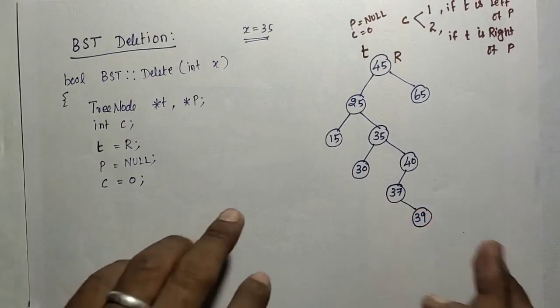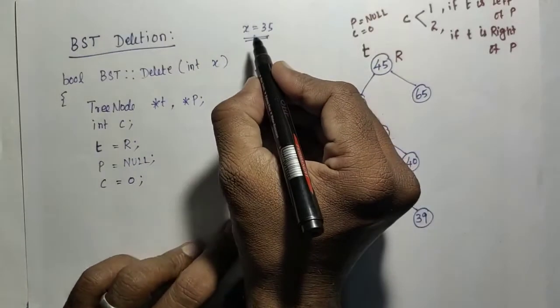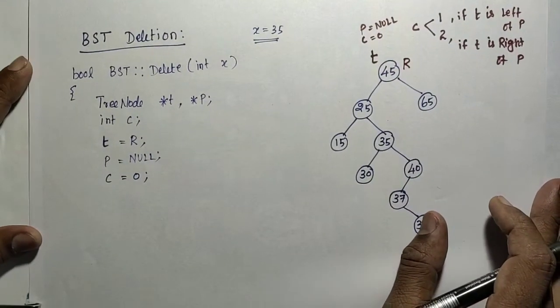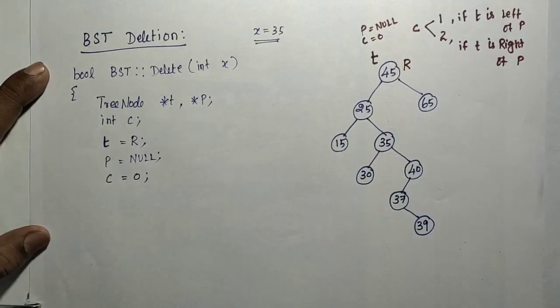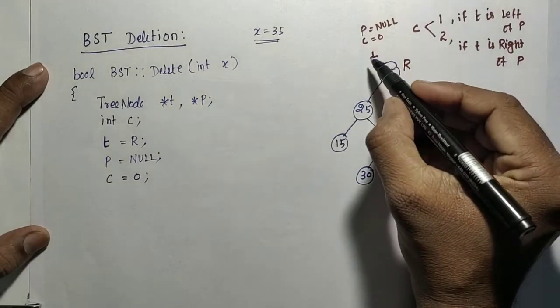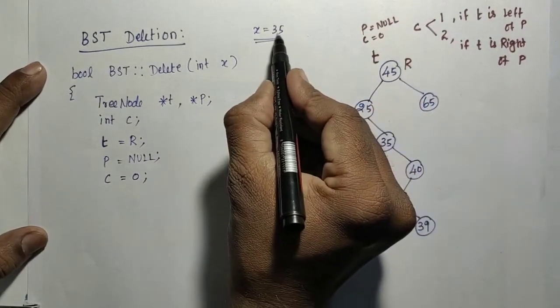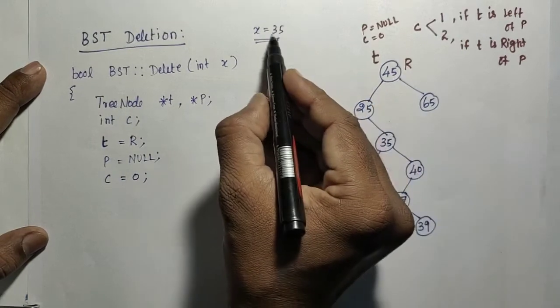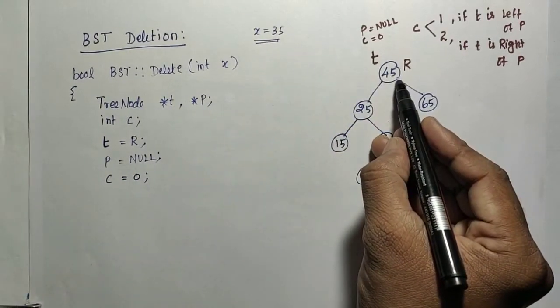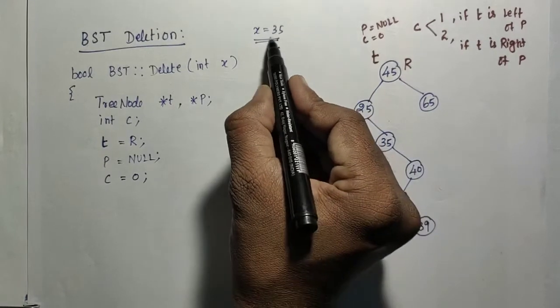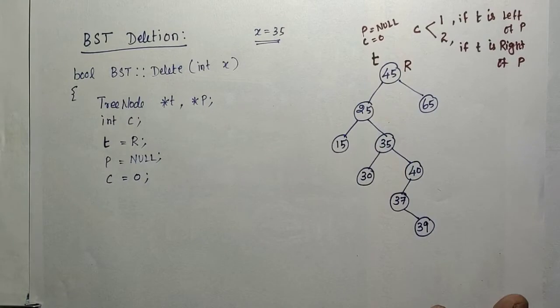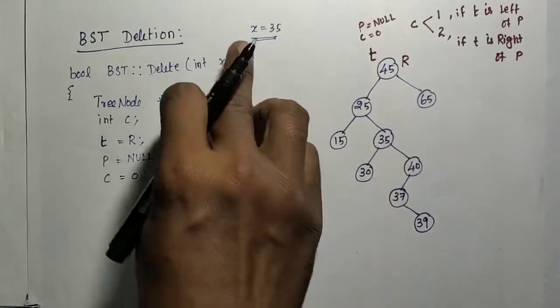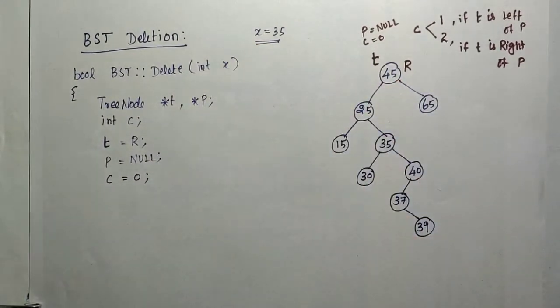So now how to do the searching? Okay. So I wanted to find the 35, where it is found. So I have to start searching from the root. I need to compare the 35 with the t data. 35 and what? 45. If x is less than that t data, move the t to the left side. If x is greater than the t data, move the t to the right side. That is the logic. Once it is found, that is x equal to what? The t of data, we need to start writing the solution for deleting the t.